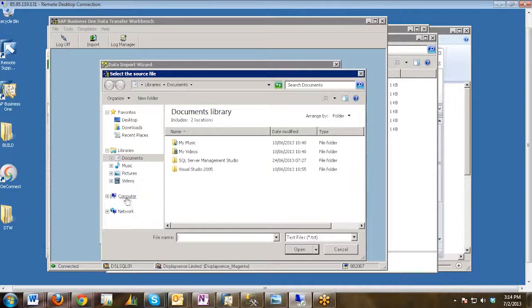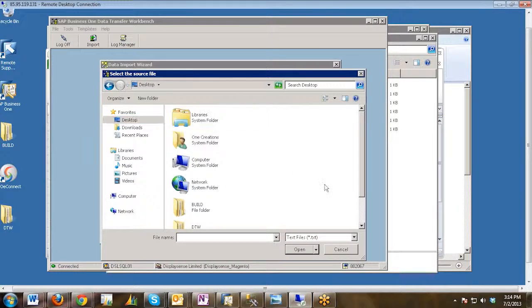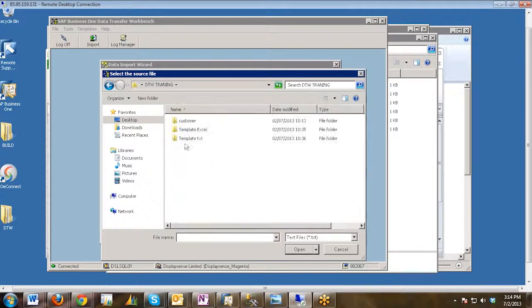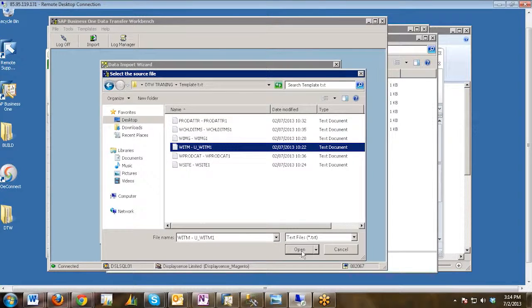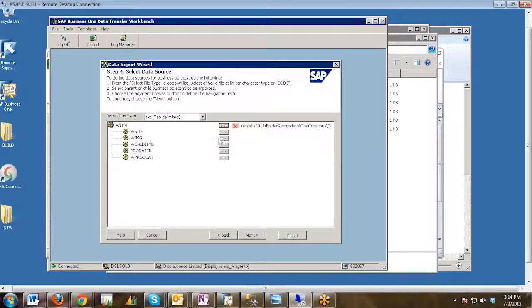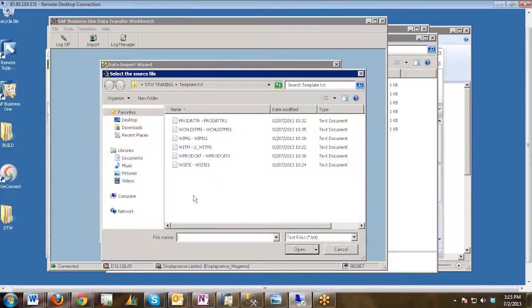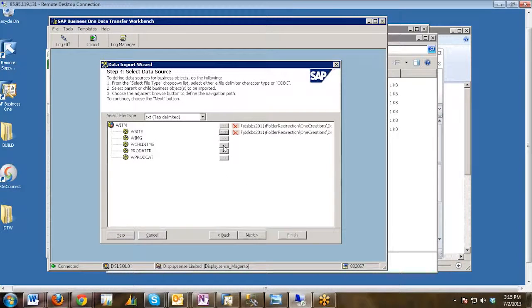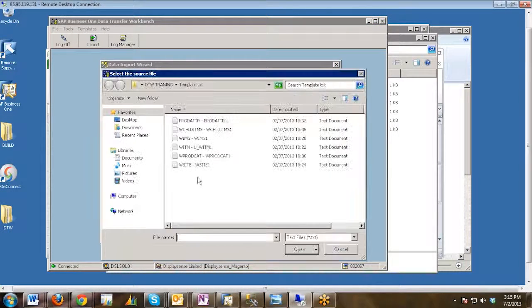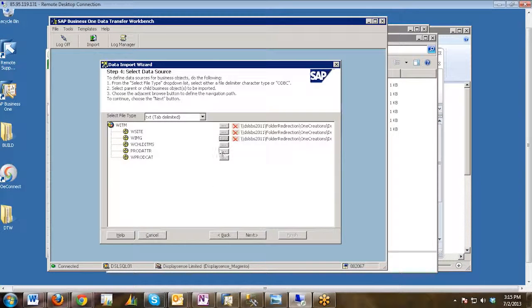So here we need to attach one by one as the document. I will go to training option, training folder, and WITM as the first one, that is WITM. Now W site I need to attach, that is WIMG, sorry, WIMG, W child items,